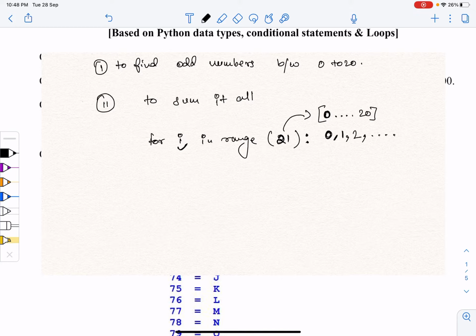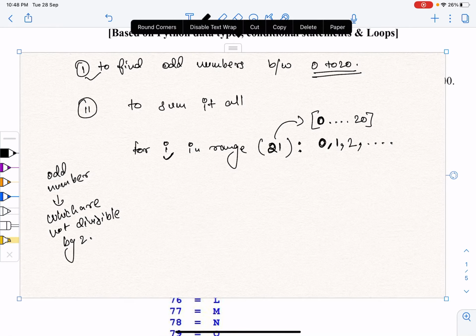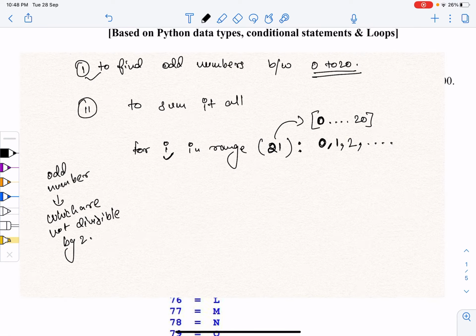Now, to find the odd numbers between 0 to 20: odd numbers are basically those which are not divisible by 2. In programming, when we talk about divisibility, we use modulus.